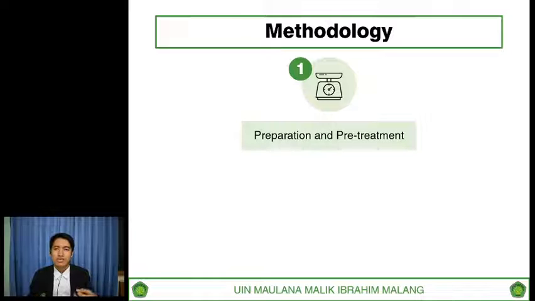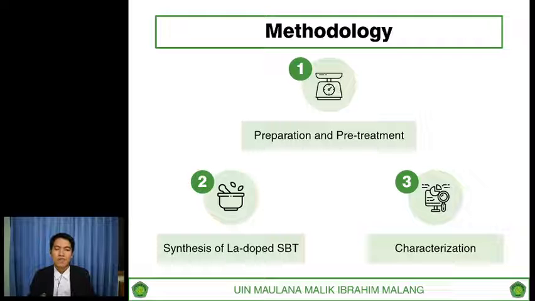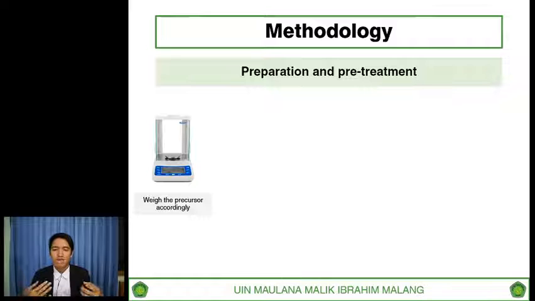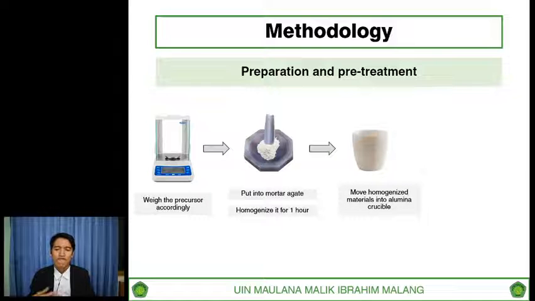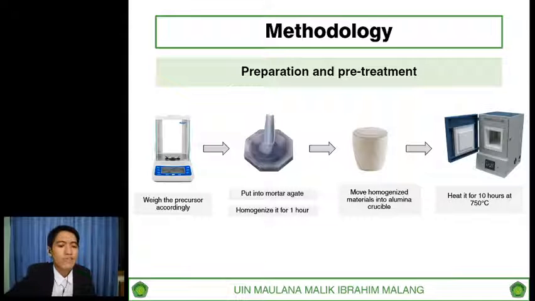Our research consists of three main stages. The first one is preparation and pre-treatment, the second one is synthesis of lanthanum-doped strontium bismuth titanate, and the last one is characterization of the product. First of all, for the preparation and pre-treatment, we weigh the precursors accordingly, put them in an agate mortar and homogenize for 1 hour. After that, we move the homogenized material into an aluminum crucible and heat it for 10 hours in the furnace at a temperature of